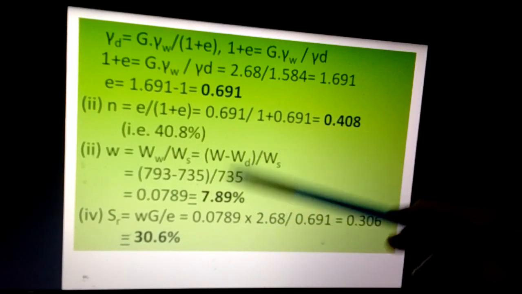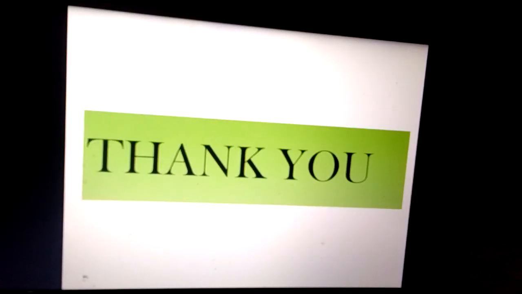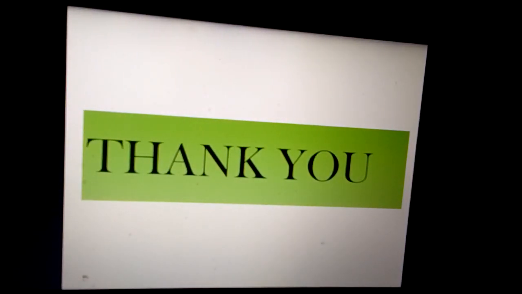So we have by now got all the values by using all these relationships. With this, thank you very much for patiently listening to this lecture. In today's lecture we learned the techniques to solve some basic numerical problems by using interrelationships, and also understood soil particles, their composition, the various phases of soil, and all the index properties of soil as well as their interrelationships.